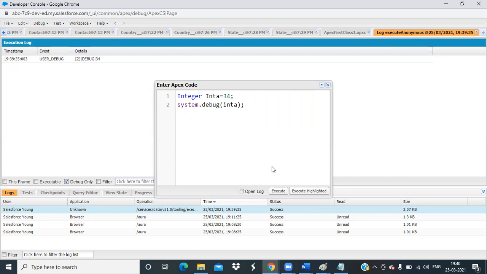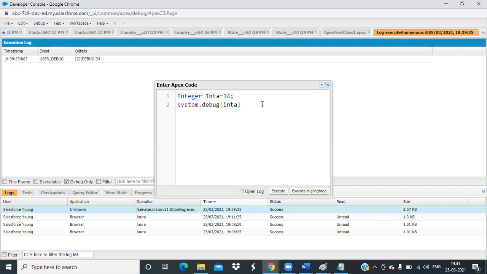What happens is, as the code gets saved, it automatically gets compiled, and through Execute we are running it. So whenever we save the Apex code, it automatically gets compiled, and if it has any error, it gives it. But right now we are compiling and executing the code in Execute Anonymous, so it does not save anywhere. So when we execute it, it will show whatever error it has.